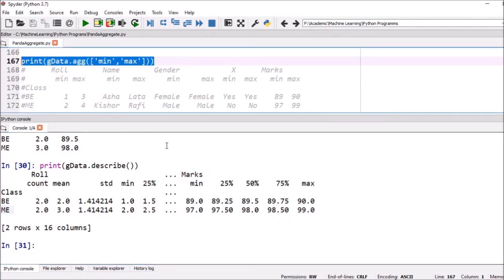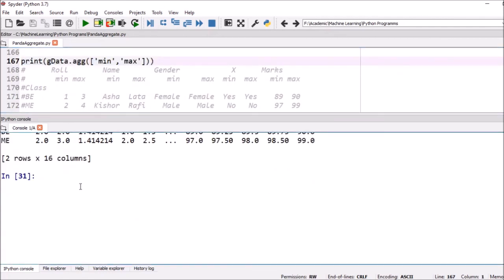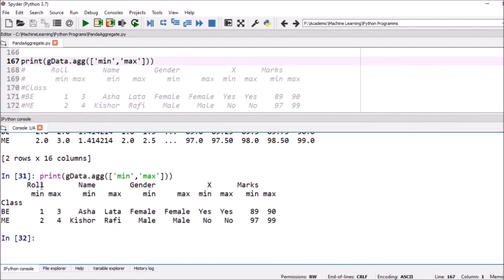Similarly, we can print the minimum and maximum value for each and every column. For roll number, the minimum is 1 and the maximum is 3 for the B class. Are you getting this one? For the marks, minimum marks is 89 and maximum marks is 90.